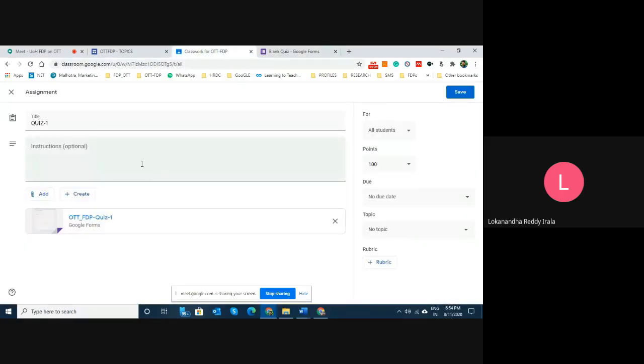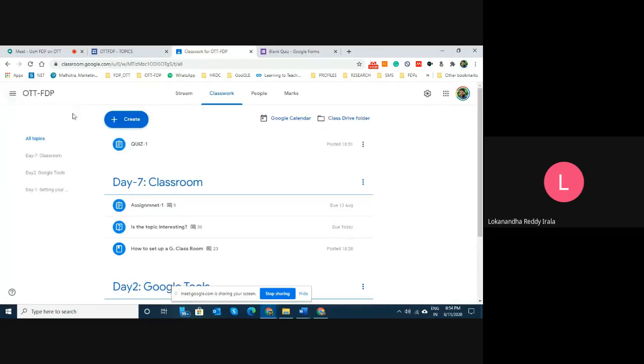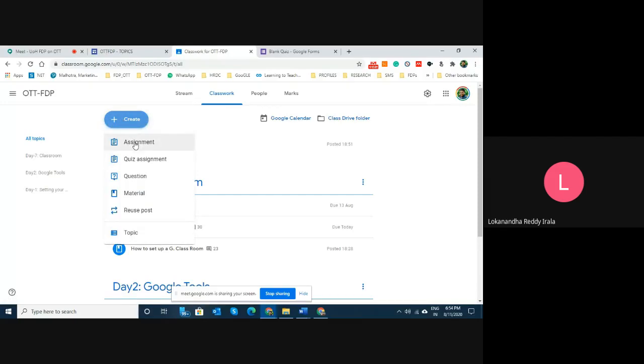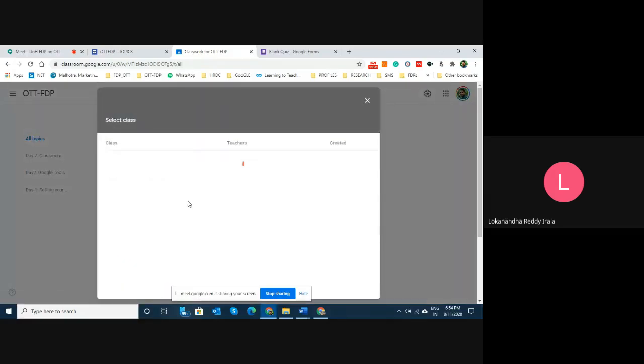So this is how you can actually, in your Google Classroom, create the assignments, quiz assignments. You can create the questions. You can create the material. And if you want to reuse a post, that means you have already posted some material somewhere and you want to reuse it, you can actually click on this. It will tell you